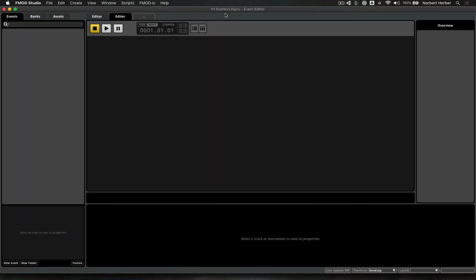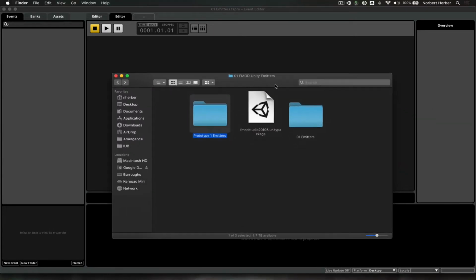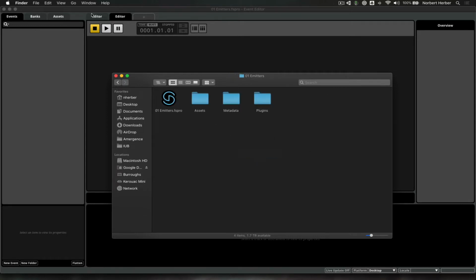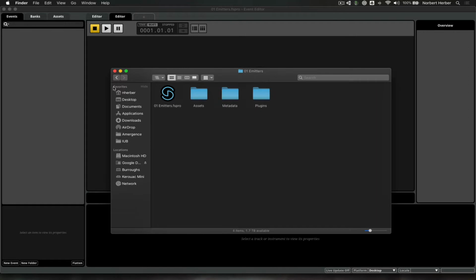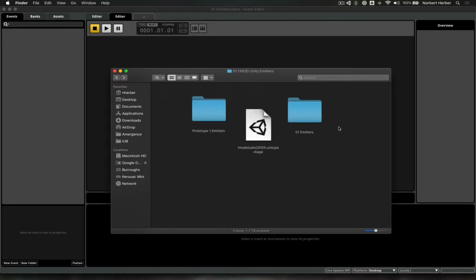So here's FMOD. I've created a new project. I've given it a name and just a little bit of file management. Here's the folder where I have everything saved. I have that Unity project in its own folder. Here's the integration package that I just downloaded, and I put that inside the same folder. And then here is the folder for the FMOD project that's open behind this Finder window right now. And the reason why I put everything in a single parent folder like this is to just keep everything together, but